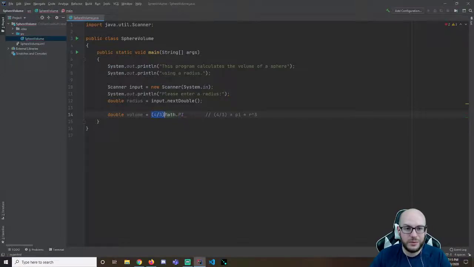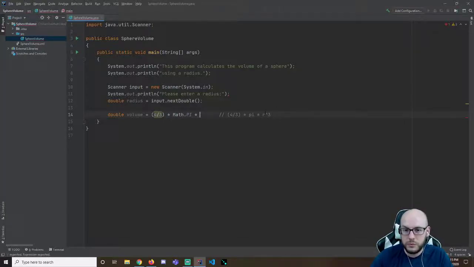Now, I'm doing this on purpose, right? Because we played around with some math stuff before. I'm talking about literal calculations, and discovered that if we want multiplication, we need to explicitly state it using an asterisk, right? This is how we're going to end up multiplying. If I just put things in parentheses next to each other, that will not do multiplication the way that we want. Sometimes that notation is used in English and math, in actual IRL math, but not here in Java. We have to explicitly state it with an asterisk. So I'm going to do 4/3 times Math.PI